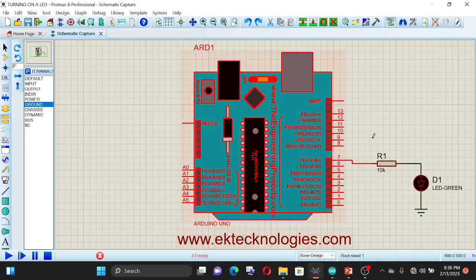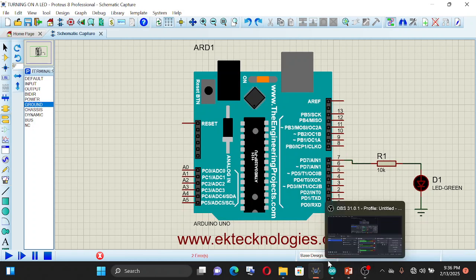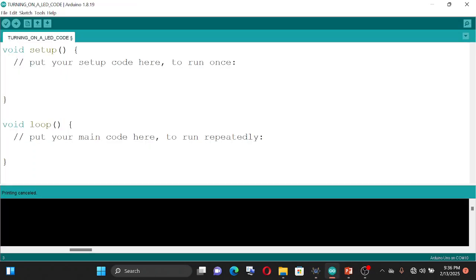Looking at our circuit, we see that the LED is connected to pin 7 of our Arduino, and the LED normally is an output. So the first thing is to configure in the code pin number 7 as an output pin. Use the command pinMode, in brackets the pin number, which is 7, then OUTPUT, and each line of code ends with a semicolon. So we have configured the pin to which the LED is connected as an output.